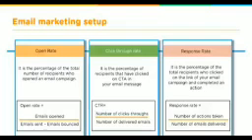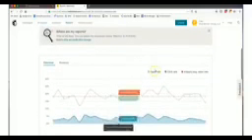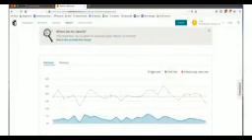So let's take a look at an example. If we go back to our email marketing platform, MailChimp in this example, we're going to take a look at some reports. Most email marketing platforms have reporting functionality built in. In this case, we want to take a look at the open rate and click-through rates of the emails that have been sent out previously.